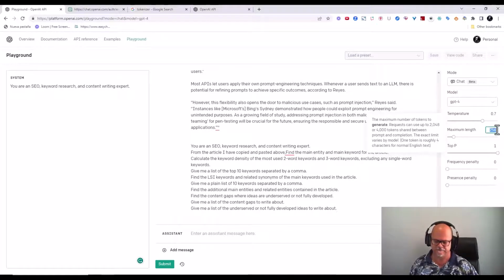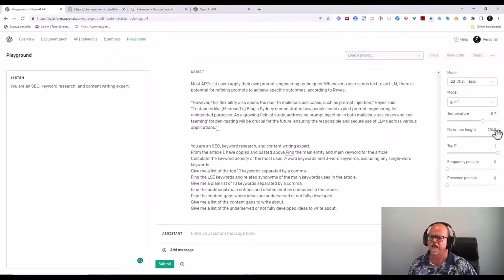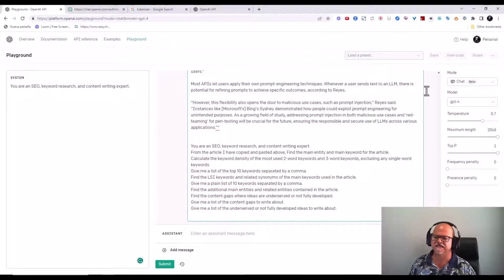Let me see if by doing this, I have 4,000 tokens. I haven't played with that a whole bunch. No, I only have half. My maximum is 2048, so it's probably going to stop. You'll see what I do as I'm doing this, just to keep it writing for me. It's probably the same thing as it is in ChatGPT 3.5 or ChatGPT 4. You just tell it continue in here.